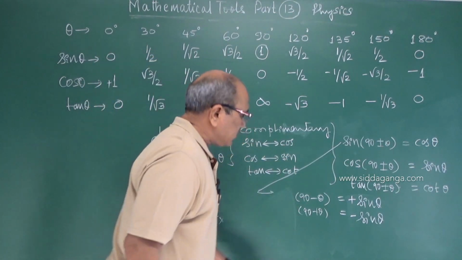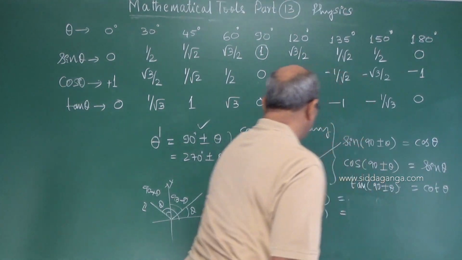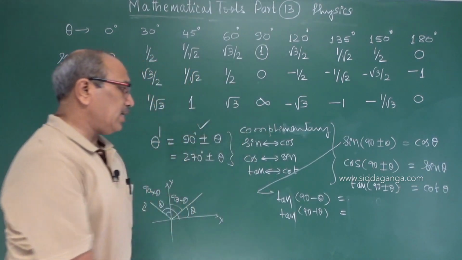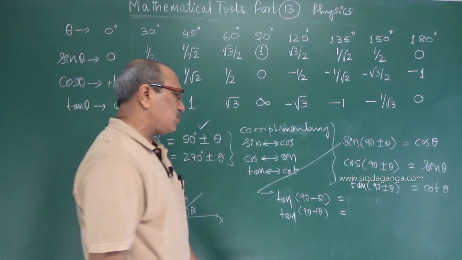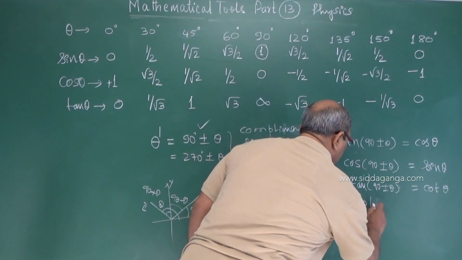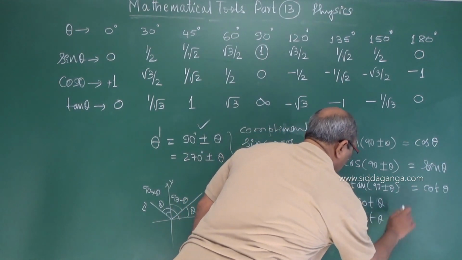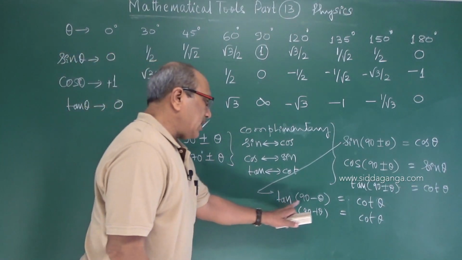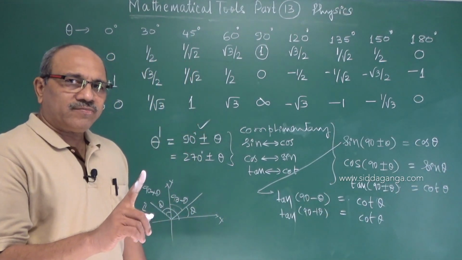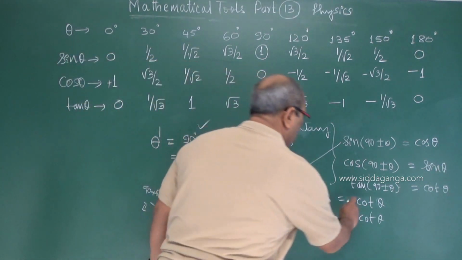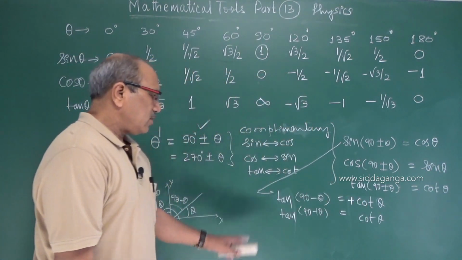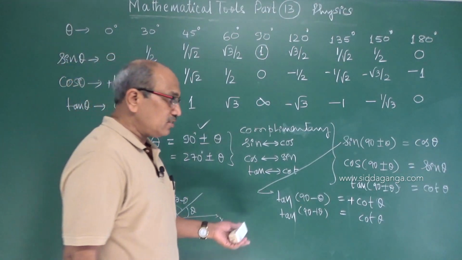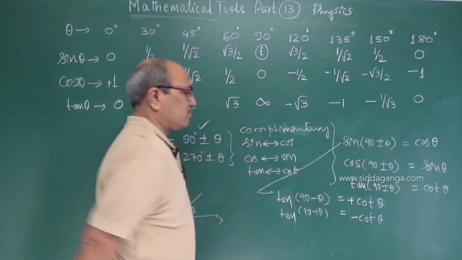I think you have followed. If you have followed it, I can show it for tan. Let's see, I remove the same too. If I am writing tan 90 minus theta and tan 90 plus theta, tan becomes cot theta, no doubt. Tan 90 minus theta is in the first quadrant. In the first quadrant the tan function is positive, plus. Tan 90 plus theta is in the second quadrant. In the second quadrant the tan function is negative, therefore minus.